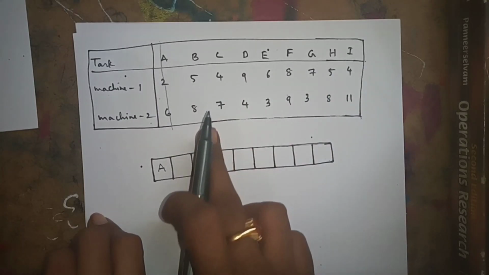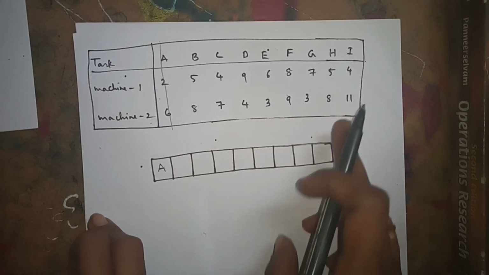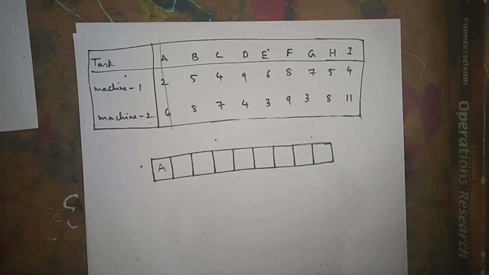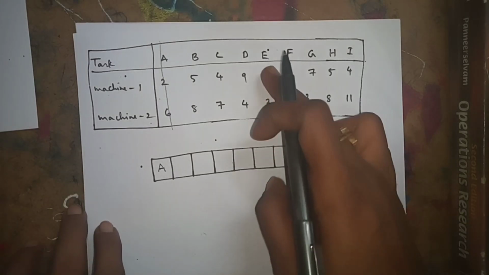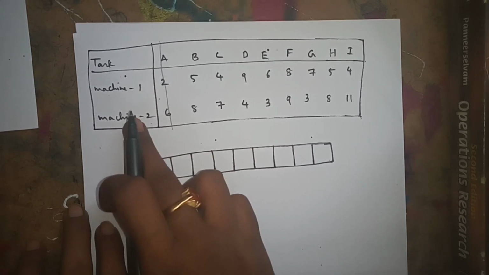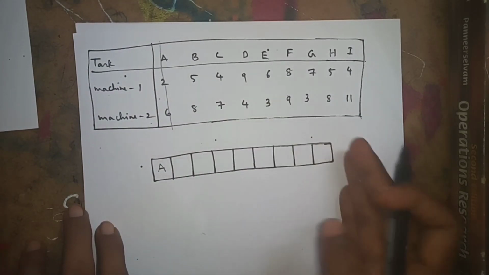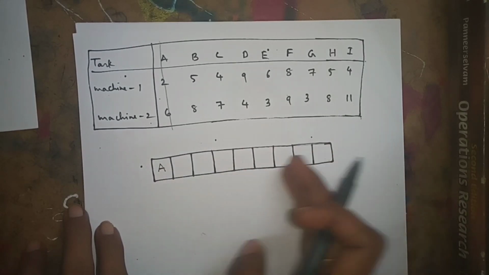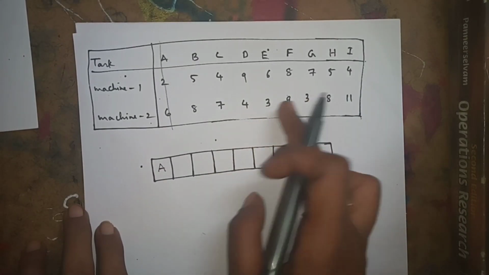if you observe, how much is there? The most minimum 3 occurs how many times? If 3 occurs only one time, you can write that one. If 3 occurs 2 times or 3 times like that, we have to see the above values also. Now 3 is the most minimum. 3 lies on machine 2 or machine B. Now, machine B, that's why we should write from right side to left side. 3 occurs how many times? 2 times.